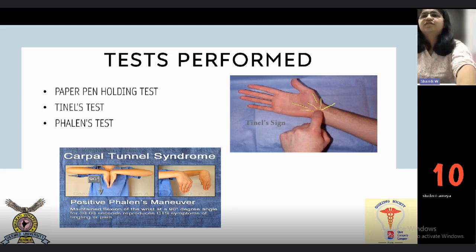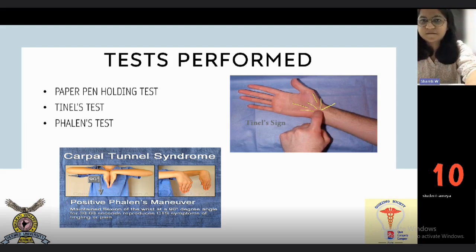So the tests that we perform to check this are the paper pen holding test, Tinel's test, and Phalen's test. In the paper pen holding test, we put the hand on a wall, put a pen here, and tell the patient to touch this with the thumb. If the patient is not able to perform this action, we can see that the anterior abduction of the thumb by the abductor pollicis brevis is affected, which basically means that the median nerve is affected,